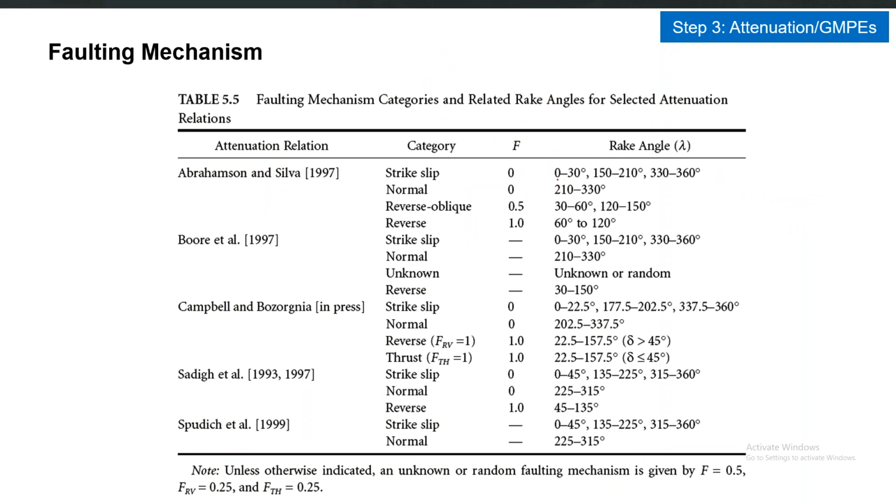So in GMPs also we know that magnitude is one of the basic inputs. If you want to use it, you have to fix the magnitude and then you can come up with the PGA value for a given source to site distance. So R and M are already known, but there can be other input parameters.